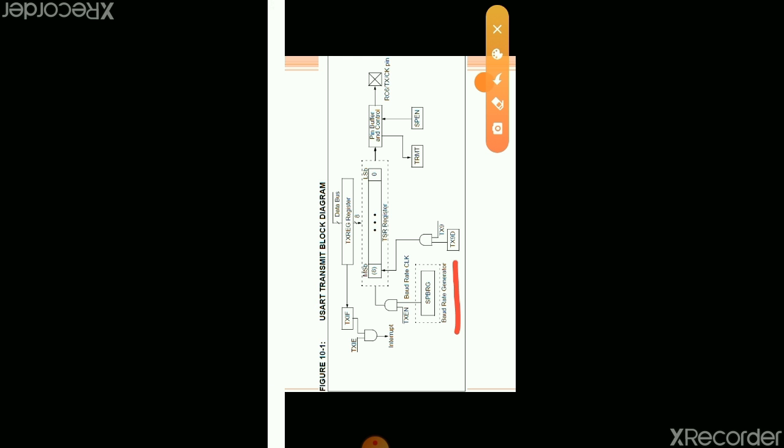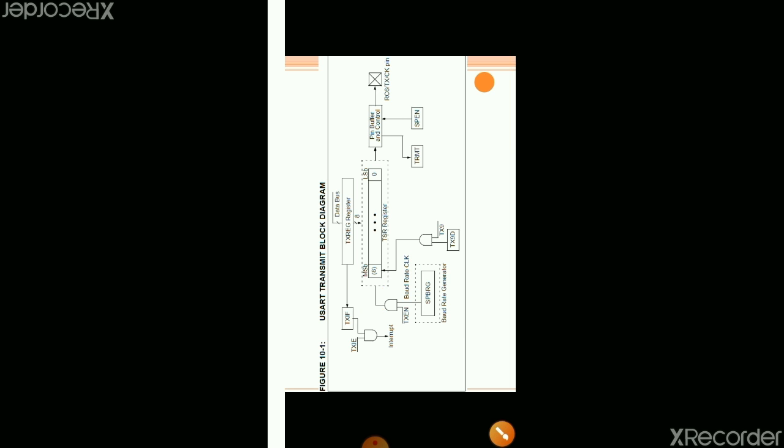So for the baud rate generator, the SPBRG register you are going to load with a 00 to FF value, and the baud rate is calculated depending upon this X value. For high speed and low speed you are going to set the BRGH bit, high speed or low speed for the asynchronous mode, and the baud rate is set. It will generate a baud rate clock after transmit enable. And then according to that rate the bits are transmitted out.